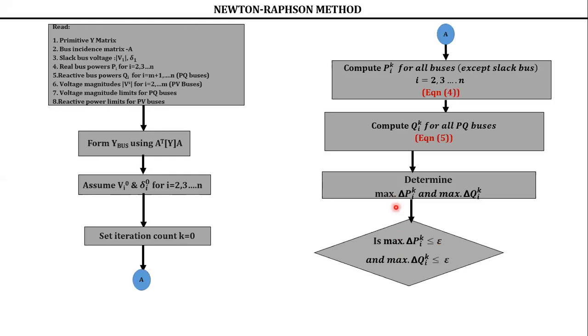So check whether this maximum value is less than or equal to epsilon and reactive power is also less than or equal to the given value. If it is so, yes. If it is yes, then what you have to do? Compute the slack bus power. After convergence, it is similar to your Gauss Seidel. Find out the slack bus power P1 plus jQ1 and all line flows. Equation 16 under Gauss Seidel, not here. Please remember, I have represented 16 here because I have taken copy paste that block here. So that 16 is from Gauss Seidel.